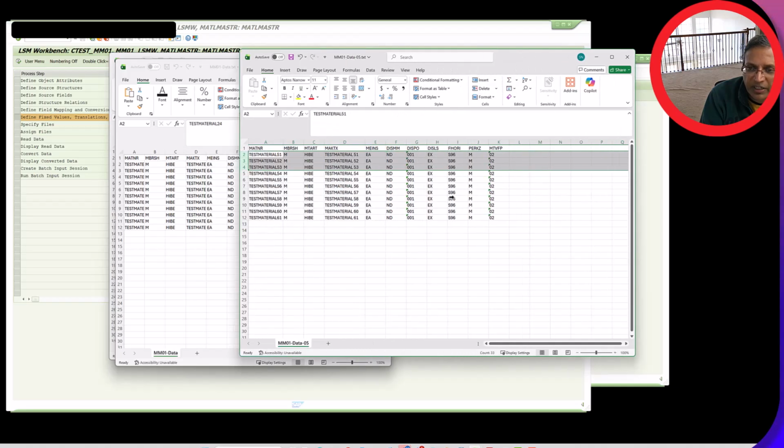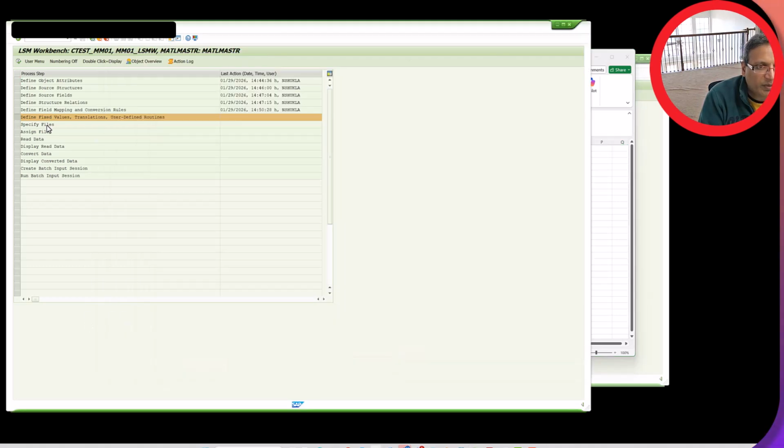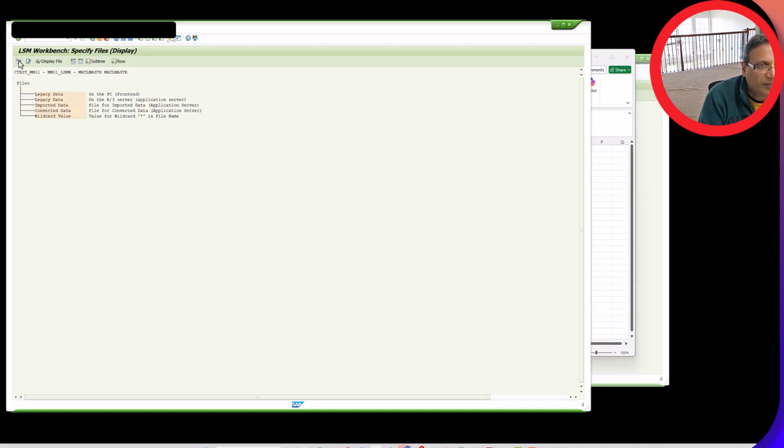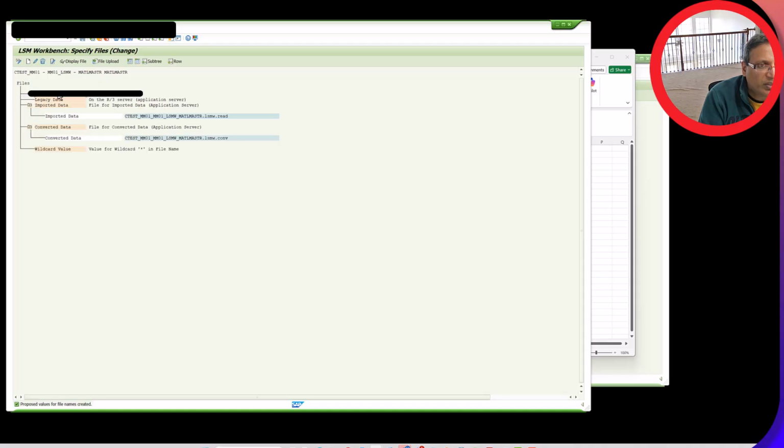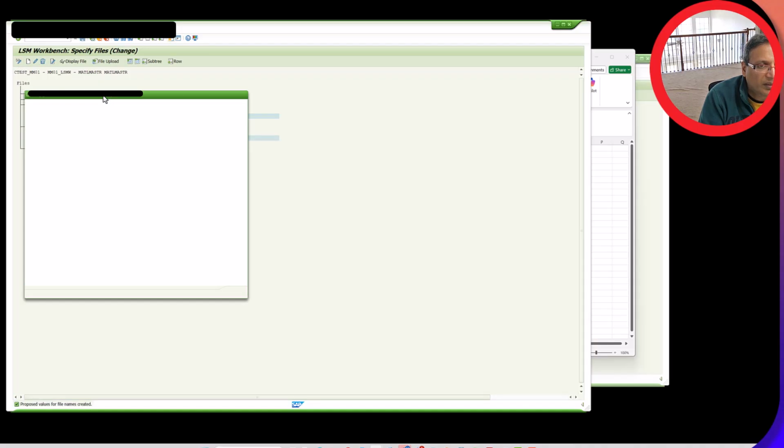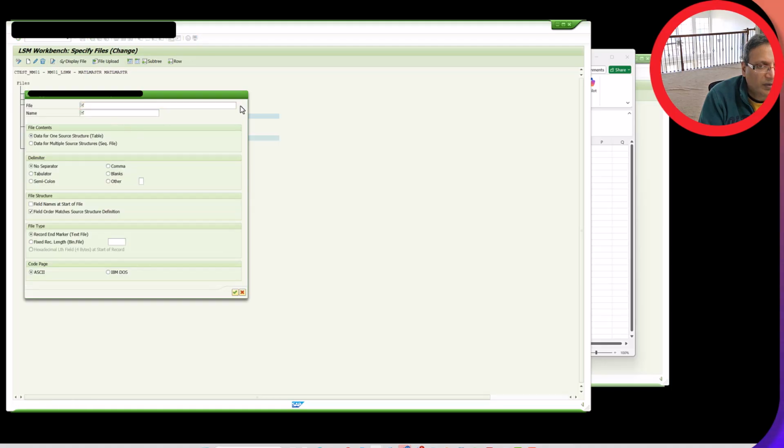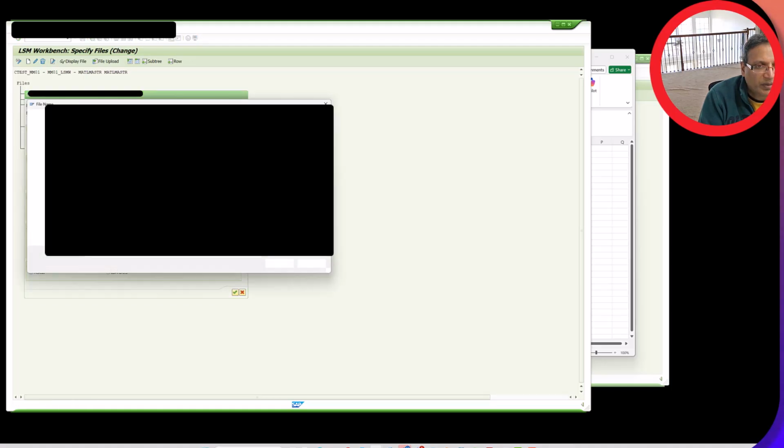So this is how the data file looks. Then we'll save it. Now this is saved as a tab-delimited text file, which we'll upload. So let's go here and specify the files, the change mode, upload the file,